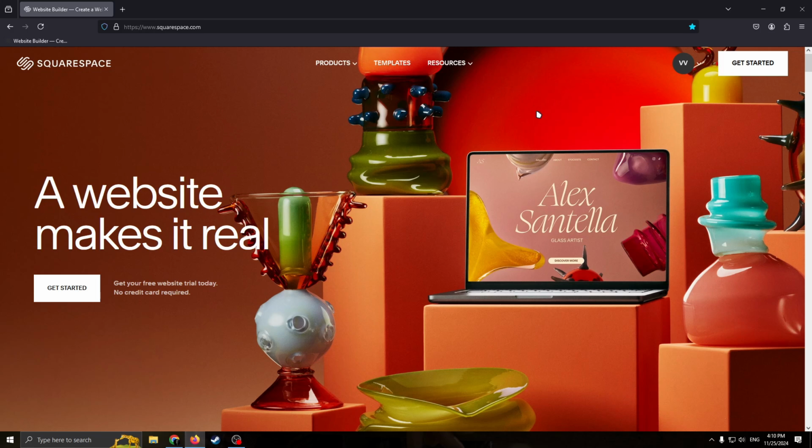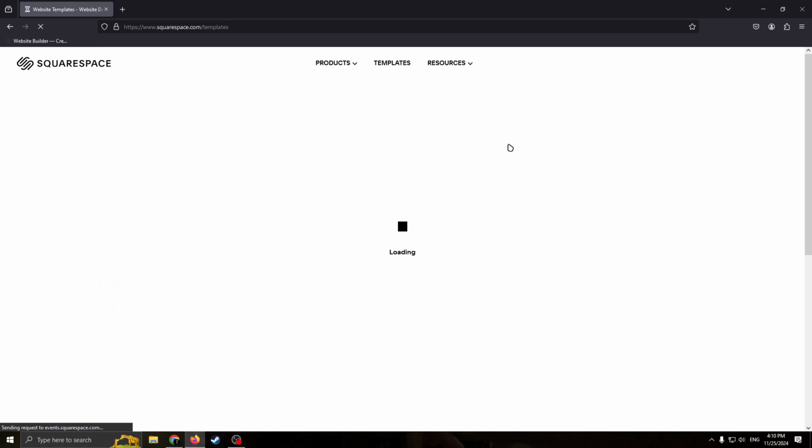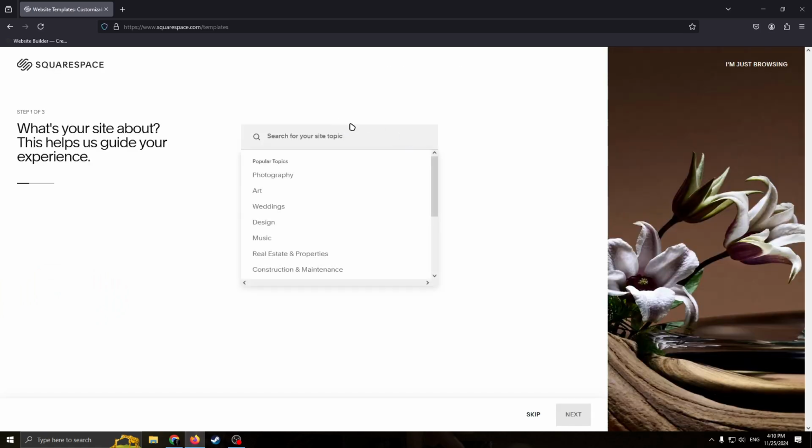First of all, you need to create an account or log into your account on squarespace.com. As you can see, I already did it. I'm in my account. So next you just need to click this button, get started. And now you need to choose what type of website you want to create, what your site is about. So we need the landing page. So I'm just typing landing page